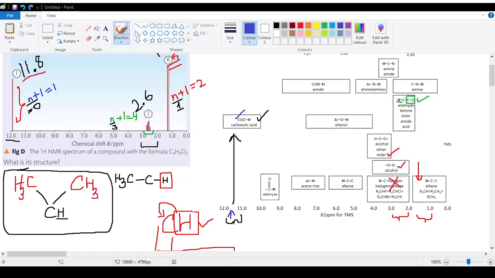Yeah, it's still a bit confusing. I kind of get